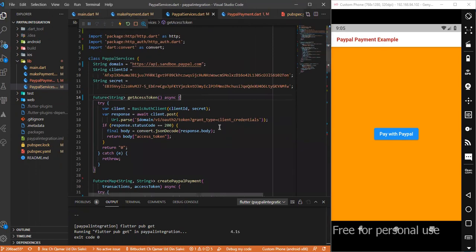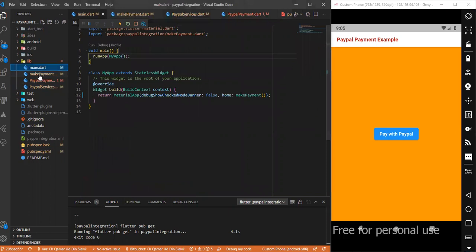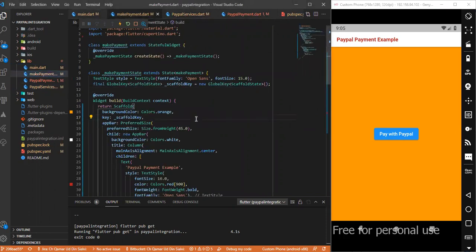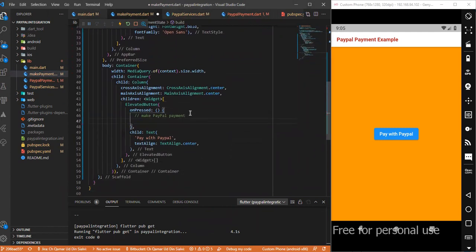This would of course not work as yet, because the problem right over here is we haven't integrated anything with this button as yet. We have a required field on finish over here as well. So we are going to go to the make payment button, and upon the button click here, what we need to do, we need to